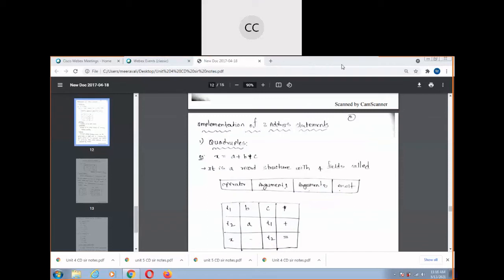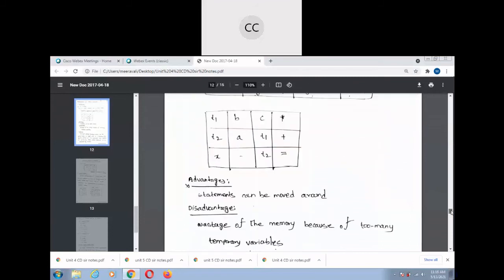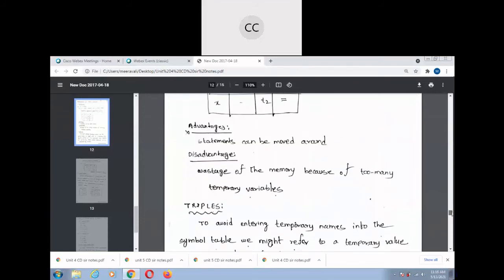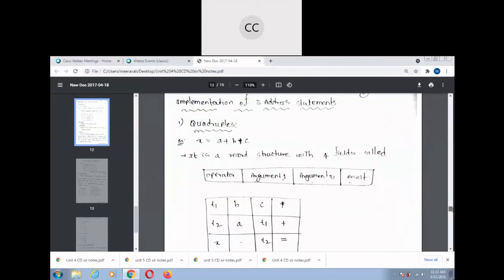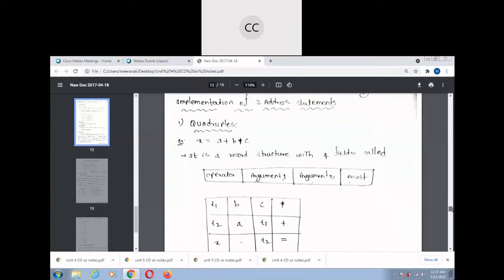So in order to overcome that, I need to go for triples. The advantage of quadruples is that statements can be moved anywhere, because we are storing results in temporary variables.